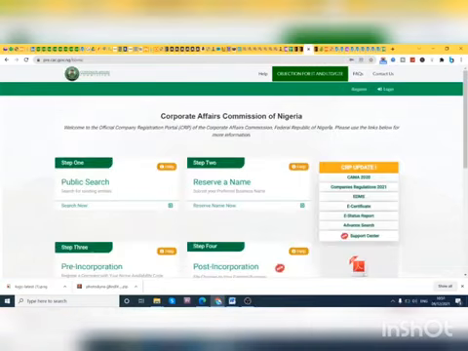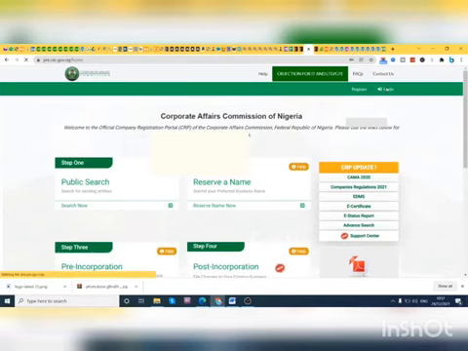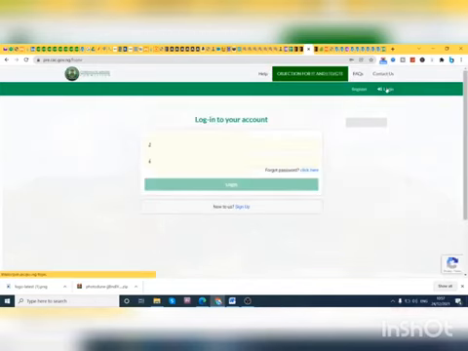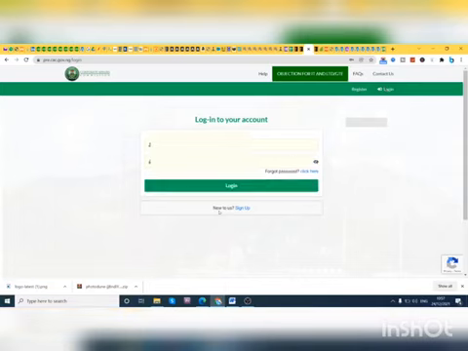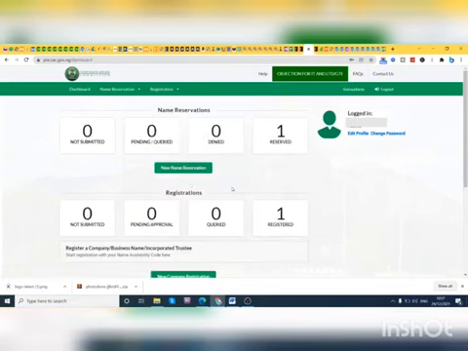Hello guys, so welcome back. So still on the CAC business application page. If for any reason you get a query, it means there's an error in your application, which means you have to fix that. Once you have a query, the first thing to do, once you log in, is look under the queried part. Once you click on the query, it will give you the